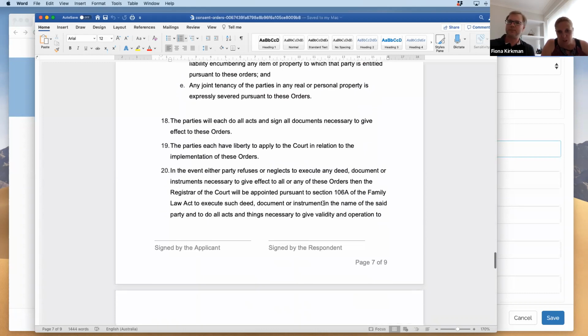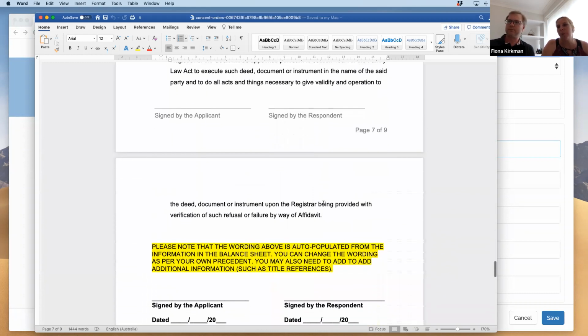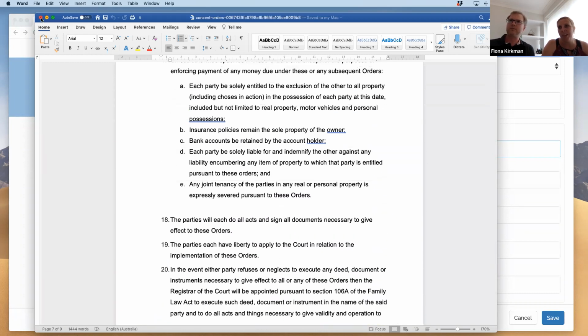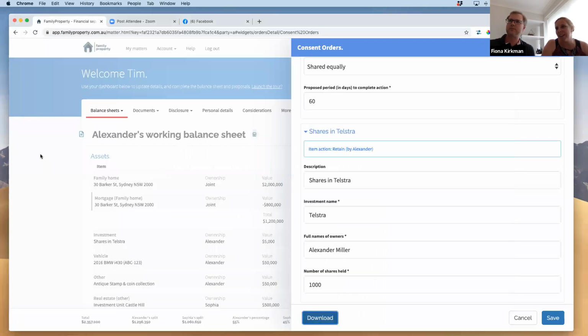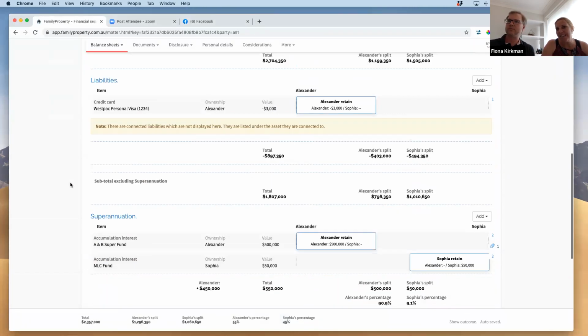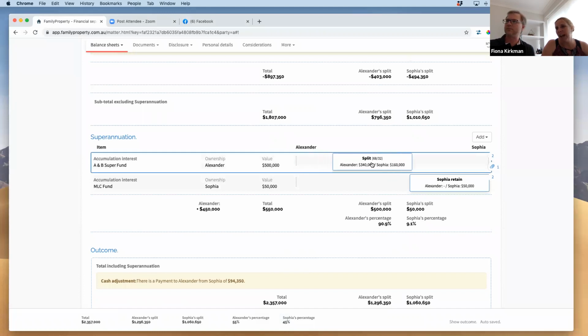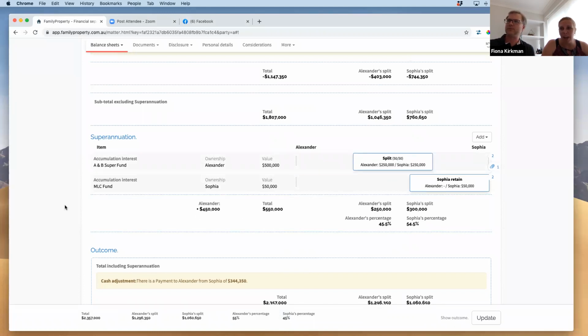Somebody has asked a question about superannuation. We have worked with a superannuation expert. We might add a super fund in there, looking at a transfer of a super fund. We have worked with Dan Blackman from Info Super. He's provided us with some advice on